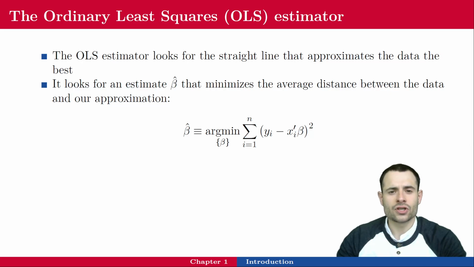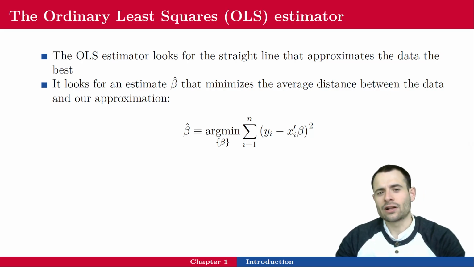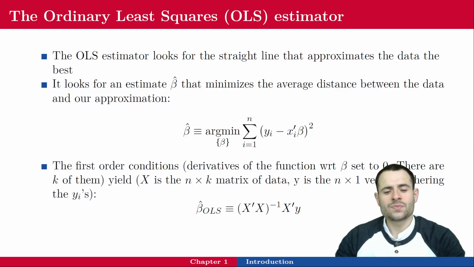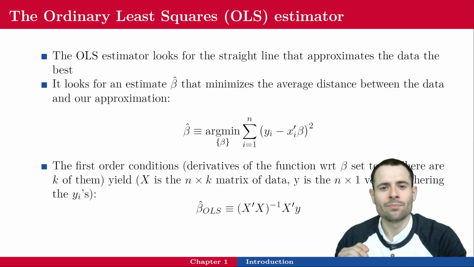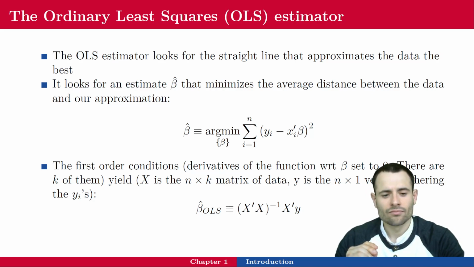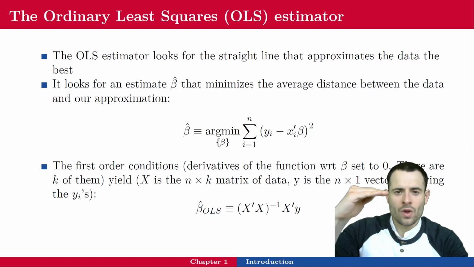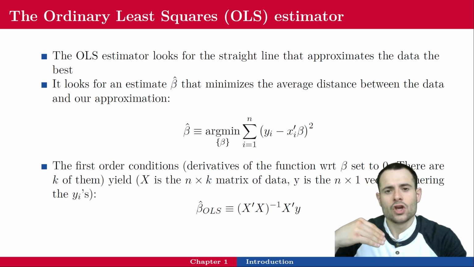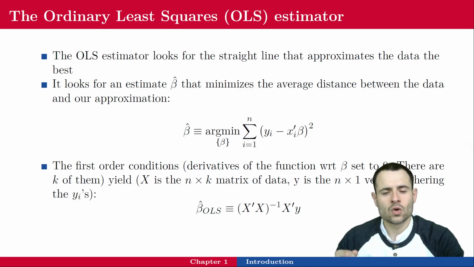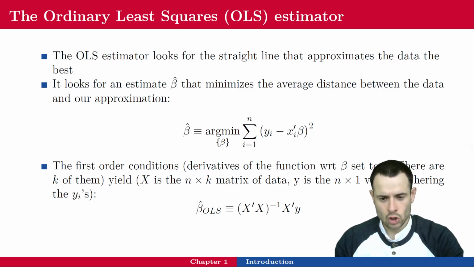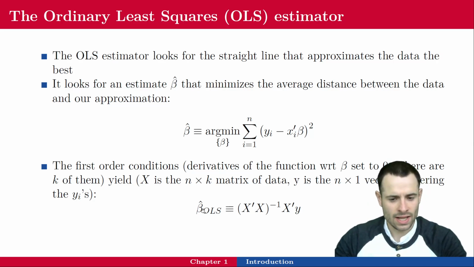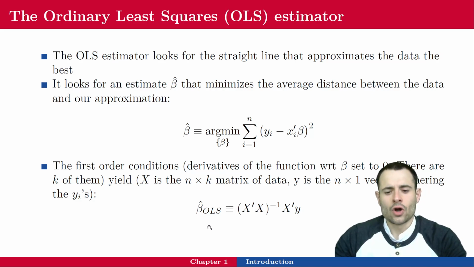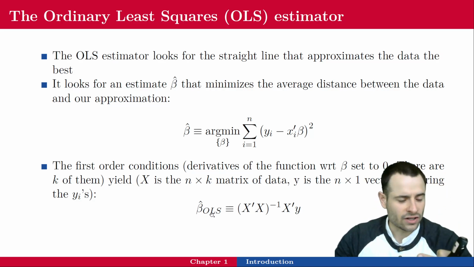Since you're trying to minimize a function, I think that by now you know your calculus. We can take the first order conditions, take the derivative with respect to each beta, because remember, here we have k different betas. So we have a bunch of them. We have k first order conditions. And if you take the derivative, make it equal to 0, and so on and so forth, and rearrange terms, you end up with the OLS estimate beta hat OLS, which after reorganizing all of the observations in vectors is